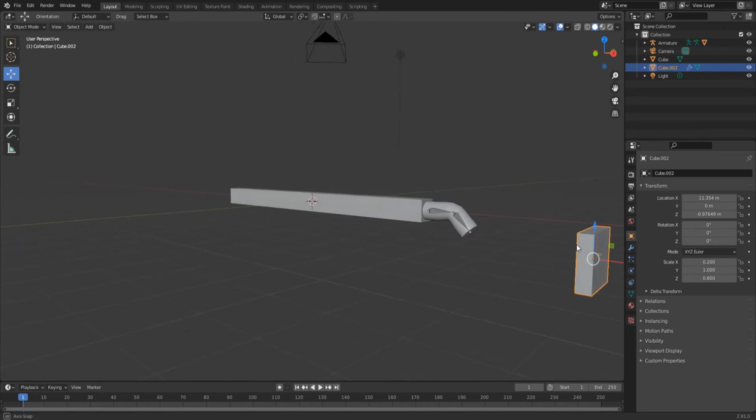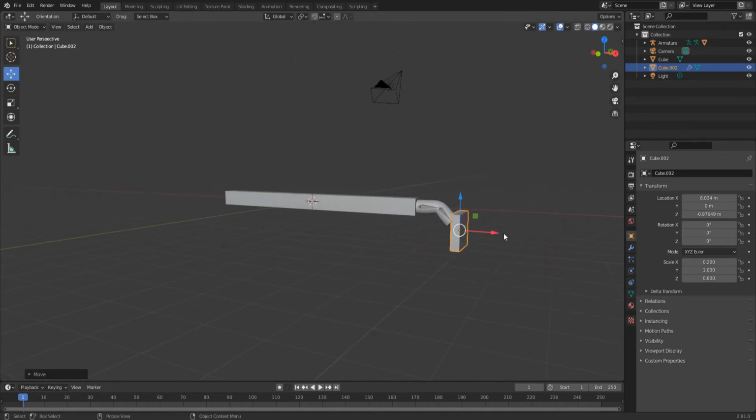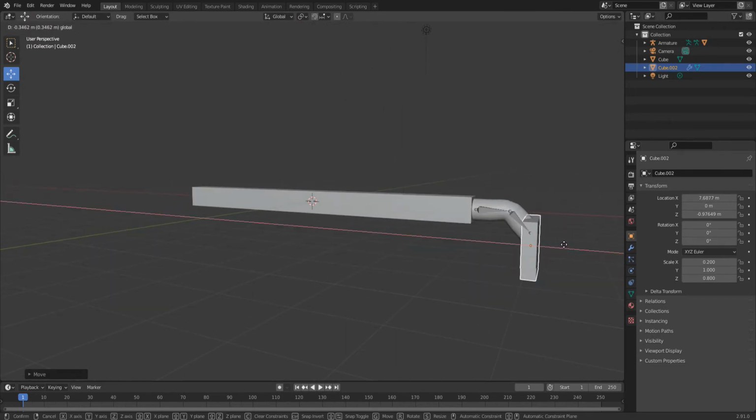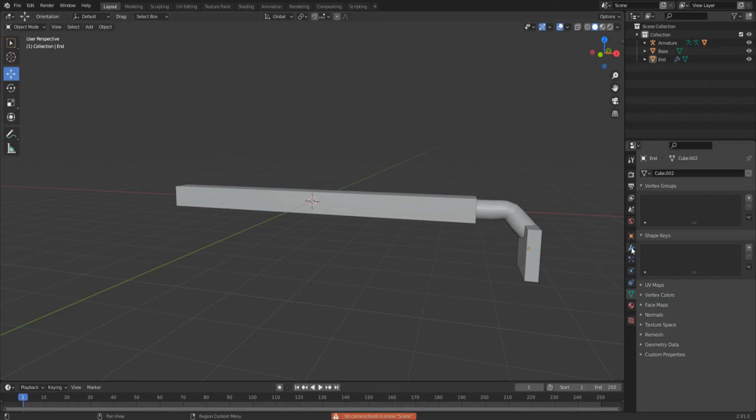Now we're going to add our little hoeage piece. I don't know what I want to call this. Let me go ahead and add